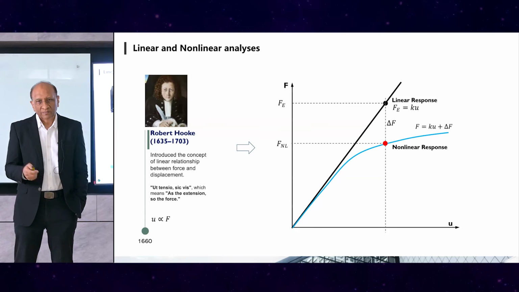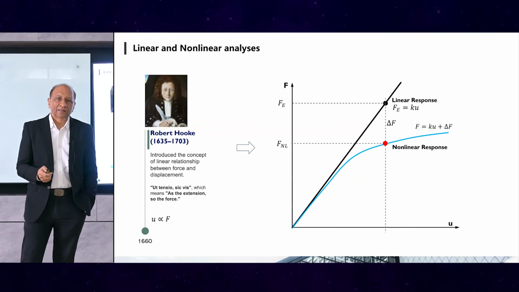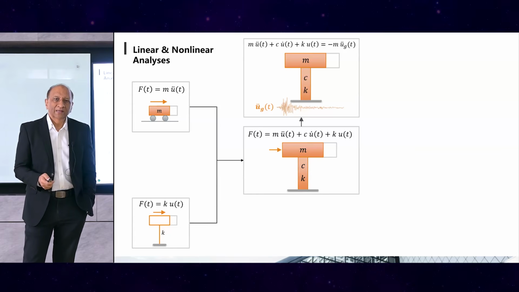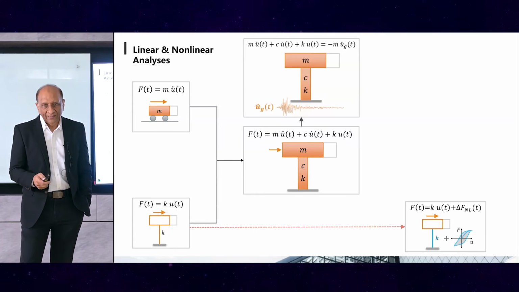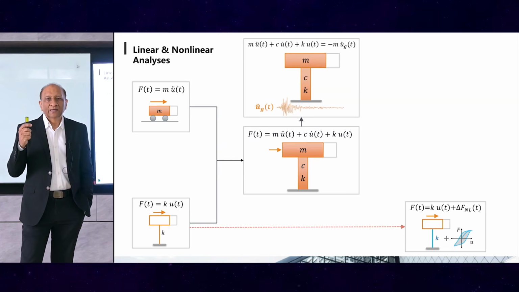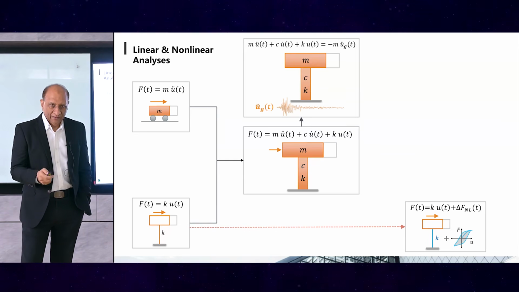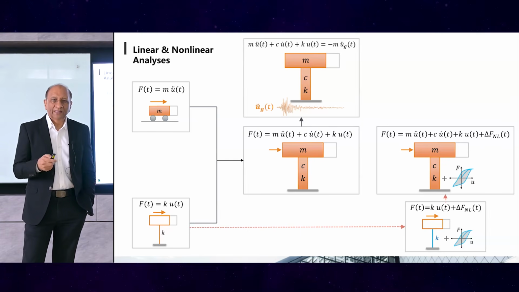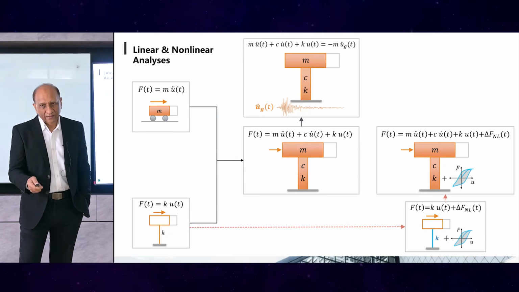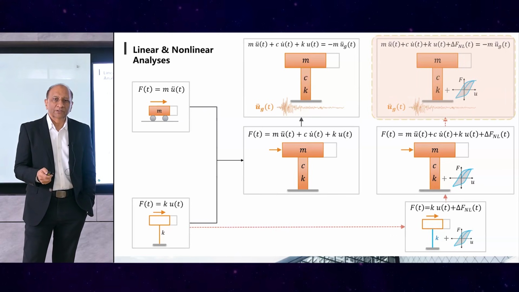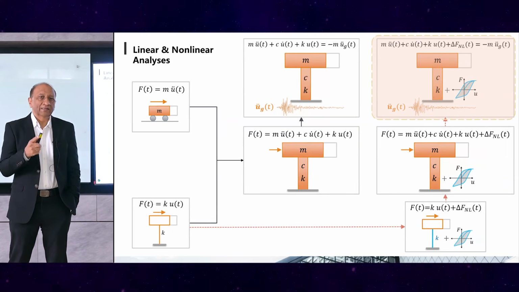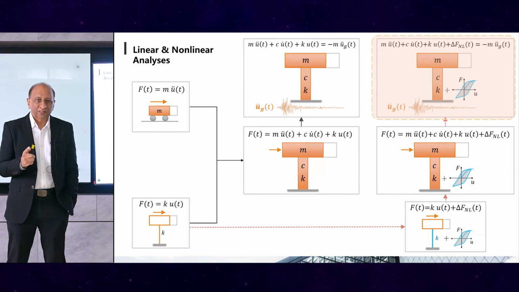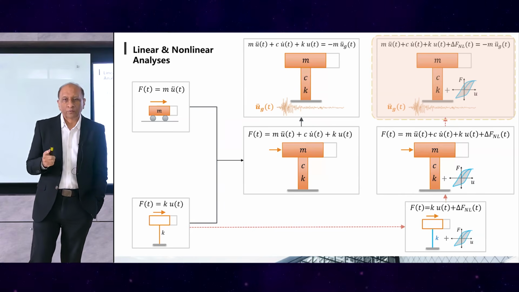And if you take this correction, force correction, from linear to nonlinear and put it back into the equations that we know and connect the nonlinearity there, then we have a nonlinear equilibrium equation, static. And then if we bring back the dynamics, then we have the nonlinear dynamic, and then we can finally go to the ground motion, and we have the full ground motion equilibrium situation there. So this gives us the full nonlinear equilibrium system, which we can now solve in most of the software that